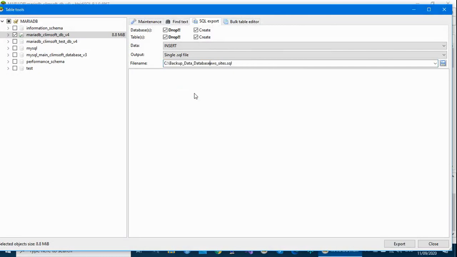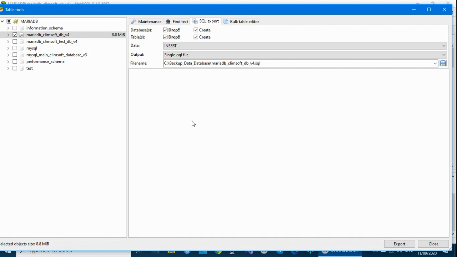Put the backslash, and then put the name of the database exactly the way it is: MariaDB_CleanSoft_DB_v4. Leave the .sql.